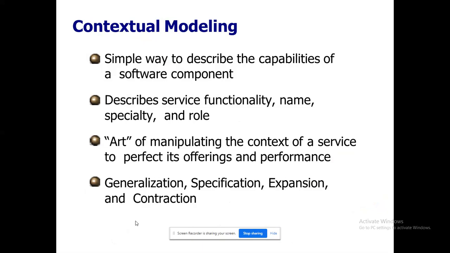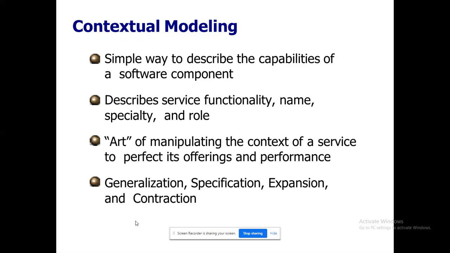So contextual modeling: how I am going to talk about the capacities or the functional requirements of a software component can be described. That's what you will view as a very rigid component in a component diagram in your UML. As well, contextual modeling incorporates your use case also, because it will talk about the functionality, name, and the specific function as well as the role. It is ready to simulate your use case also.